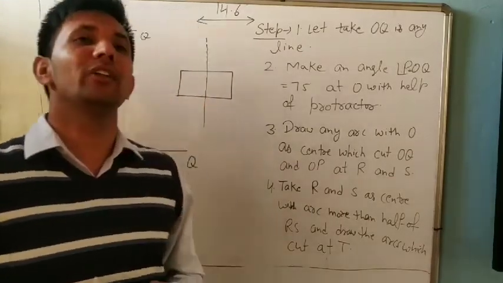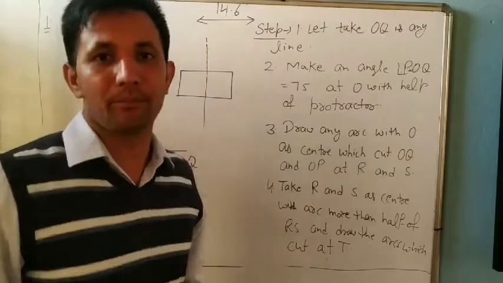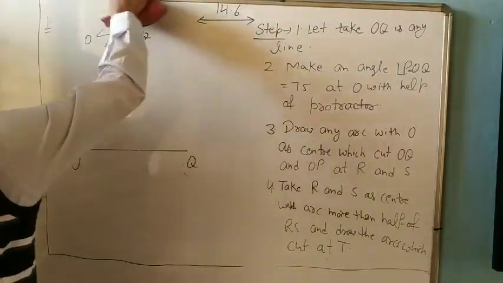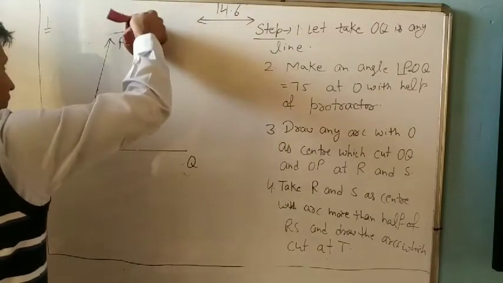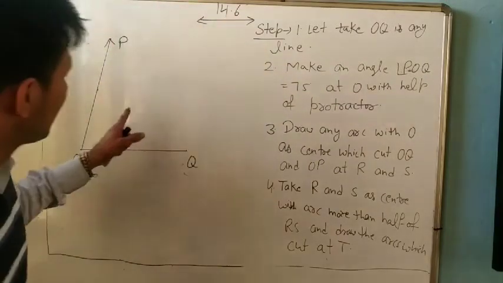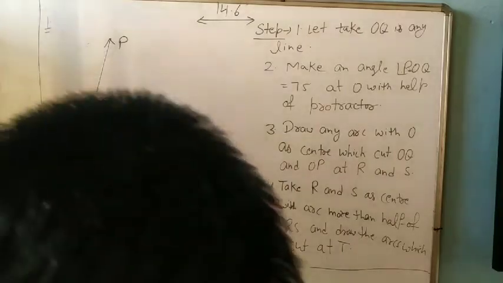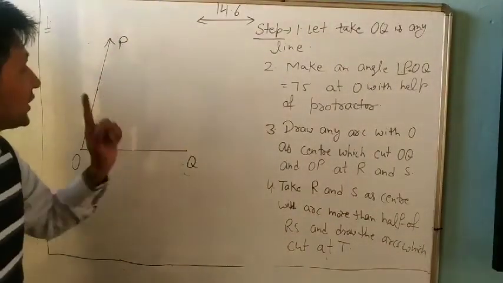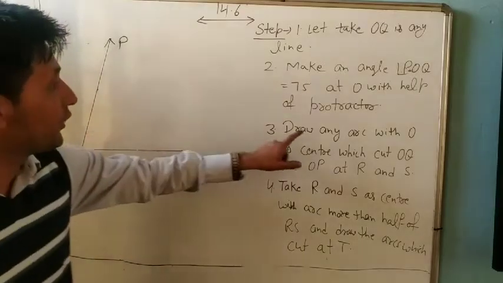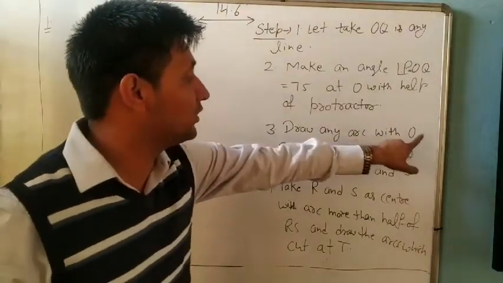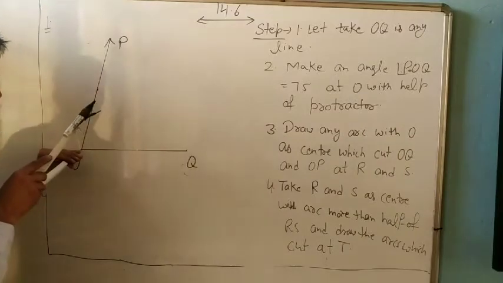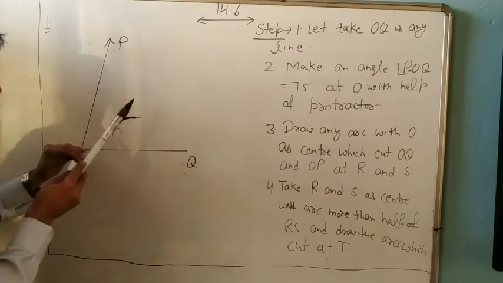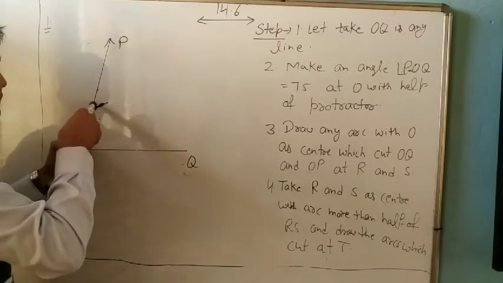If it comes in any question, it means both are the same. All are the same. Understand? So it means we have to take its bisector. So bisector, how will you do it? Where we will open the compass more than half? So first we will draw an arc. Draw any arc with O, put the compass at O and draw any arc, however much you want to open.